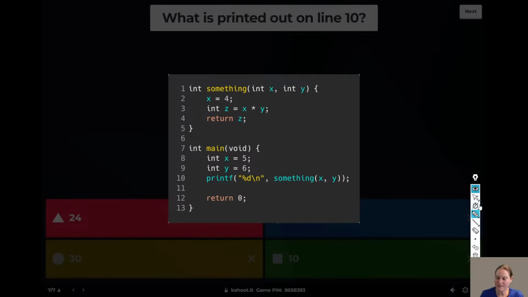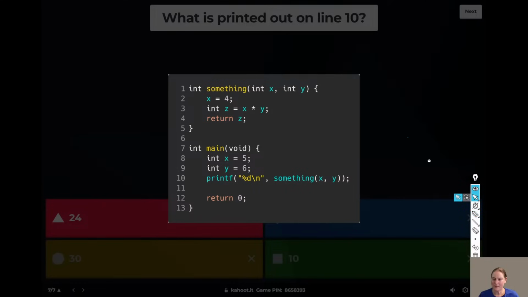But there's this sneaky thing here where we've passed in 5 and 6, but then we say x is equal to 4, and we end up doing 4 times 6, not 5 times 6. It's very sneaky in this context where we don't have any meaning in our variables. We end up printing out 24. So I would say the style in this code has probably led people to get it wrong, but technically, this is what you'd get. Today's had a lot of sneaky questions, I think.